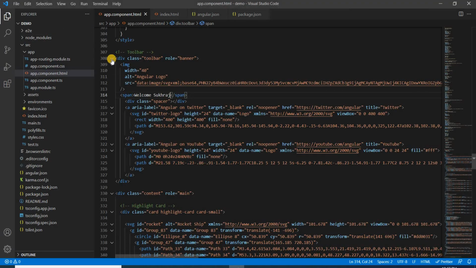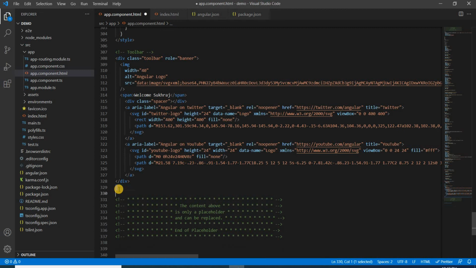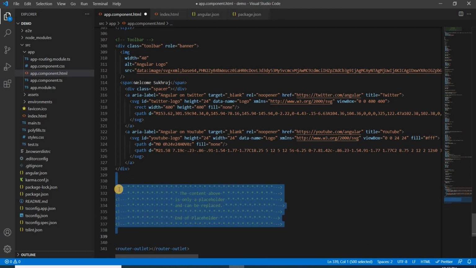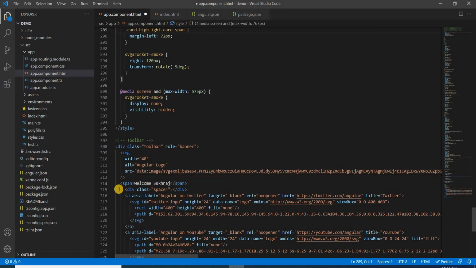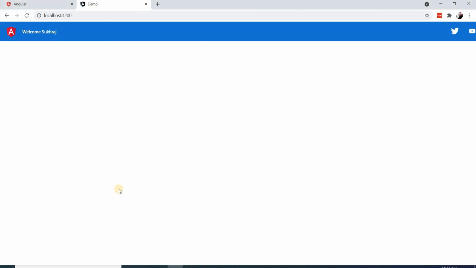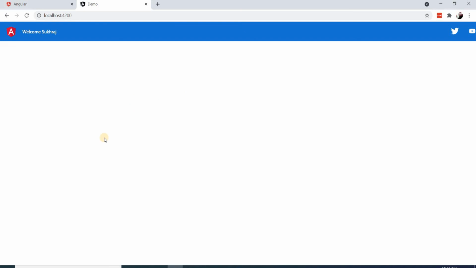Now I will not use everything here, so I will remove all of this. Now I have removed all the content from app.component.html, that's why all the content is removed from here.